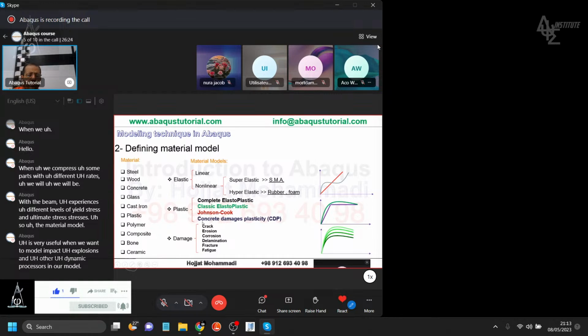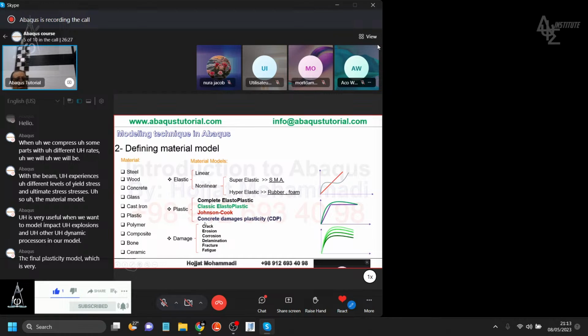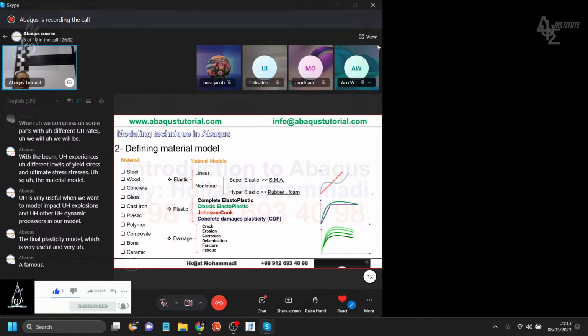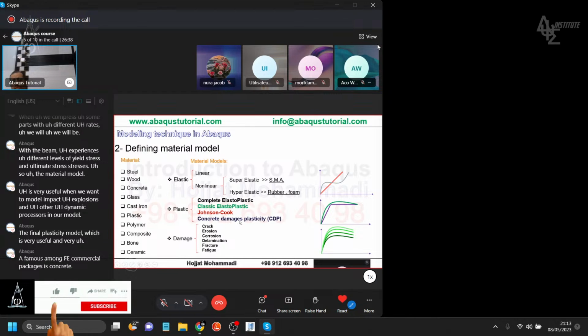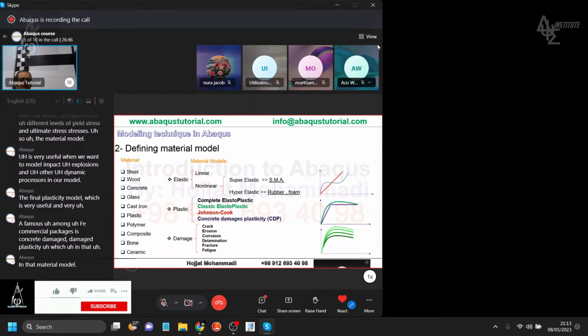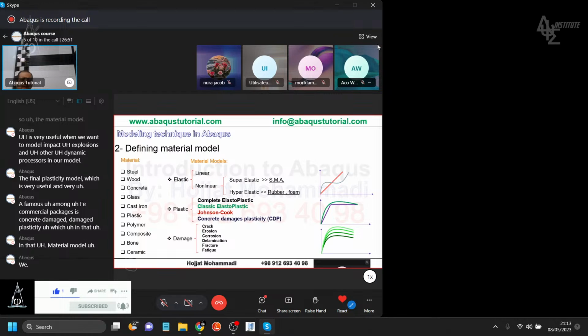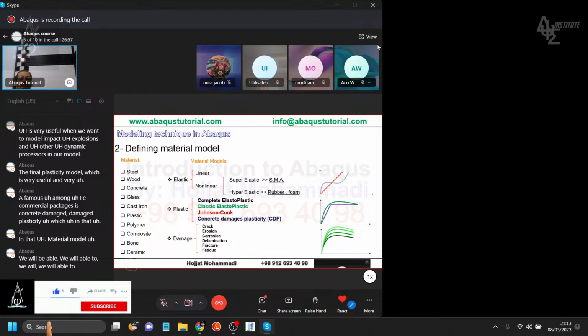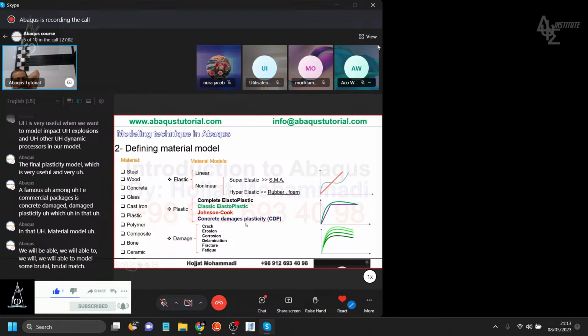The final plasticity model, which is very useful and very famous among FE commercial packages, is concrete damaged plasticity, in which material model we will be able to model some brittle materials such as concrete,